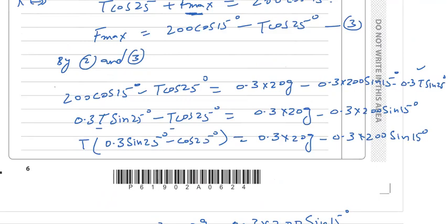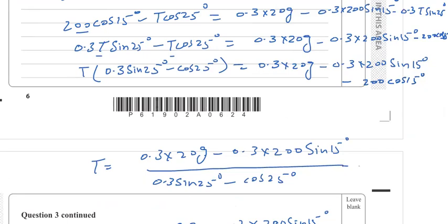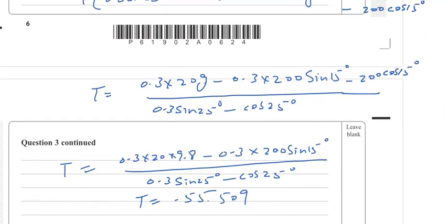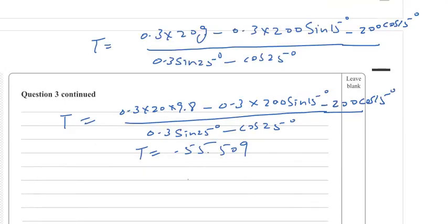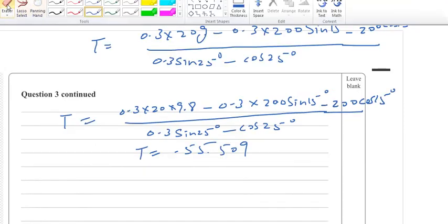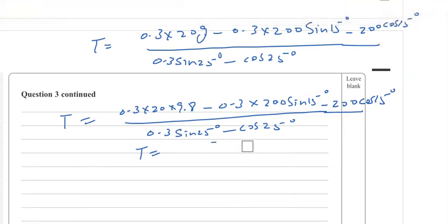I think we made a mistake where I had to transfer this 200 to the other side. I forgot to write here, it should be minus 200 cos 15 also. So here it should also be minus 200 cos of 15, and then include it in this equation, minus 200 cos of 15, and then here also minus 200 cos of 15, and then calculate this one by putting now the correct inputs in our calculator. I think we will get our accurate value of T. The value of T should be a positive value.